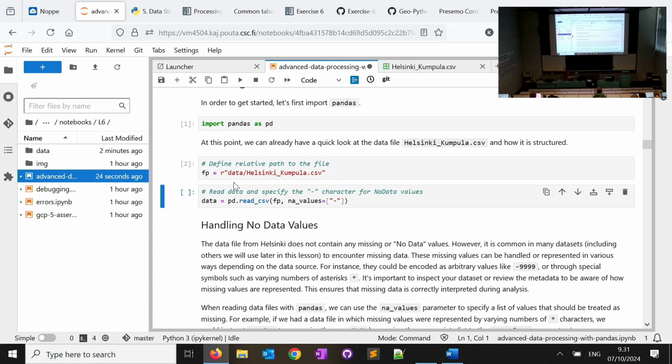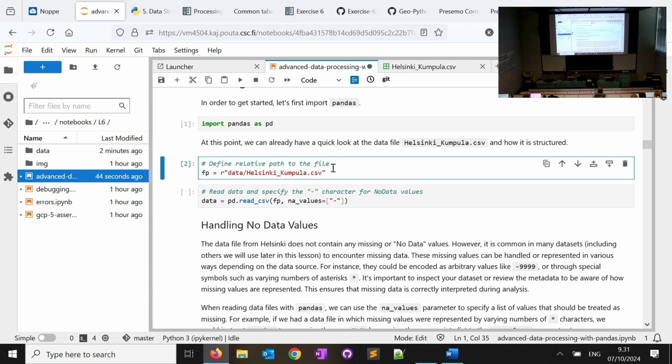So if you just put a relative path, I'm not saying where exactly the file is, but relative to where my script is. My script is here. Relative to that, my data is under the data folder, and then this is the name of the file. So if I share my script with someone else, as long as they have the same folder structure, the code should be fine. So that's why we do it like this. So I ran the cell.